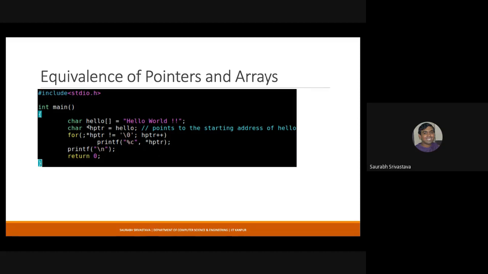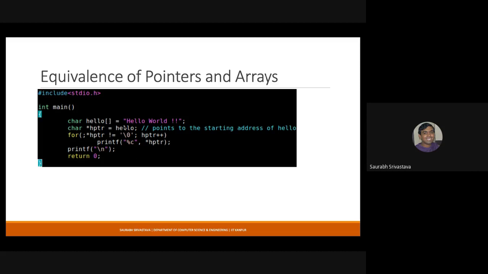You can pass them to all the string functions like strcmp, strlen, strcpy, all those functions. You can pass a character pointer to it, or you can also pass a character array to it. The reason is that they are essentially the same thing. A character array is a kind of character pointer. It's just that you cannot do hello plus plus or something like that.